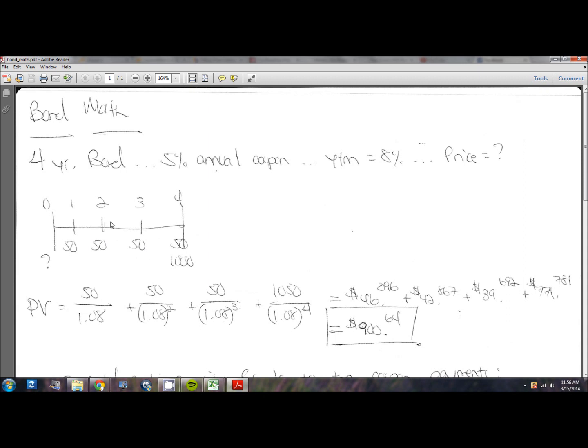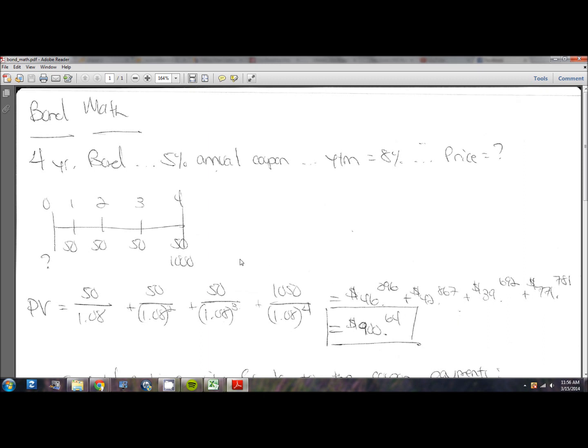Alright, here's one way that you could solve for the present value of the bond, because remember, when you're looking for the price, you're solving for the present value. You could simply break out each cash flow, treat it as a future value, and then use the basic time value of money formula, which is present value equals future value divided by 1 plus I raised to the n. So you essentially just see that formula repeated 4 times to represent each of the future cash flows. Add up all your numbers and you get